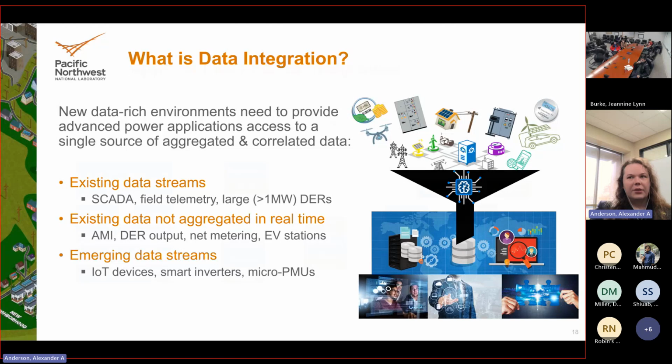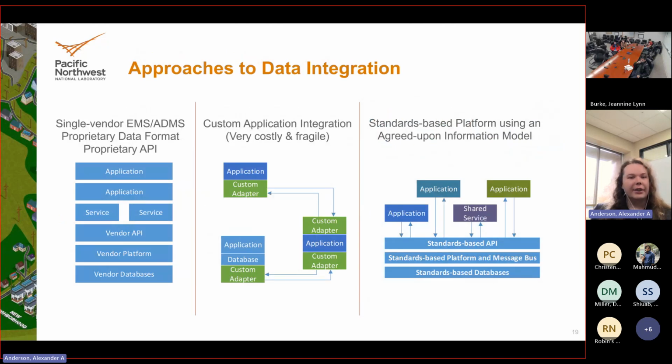And with that comes three different approaches to doing data integration. The first is you go to your favorite vendor and you buy a top-to-bottom EMS, ADMS proprietary solution from GE, Siemens, AspenTech, your favorite software provider. And they're going to use their own proprietary databases, data stacks, API, applications, and it works top to bottom. And that works reasonably well if you're a vertically integrated utility. As soon as you need to exchange data with another utility that's not using the same vendor, now you get into the second paradigm, which is custom